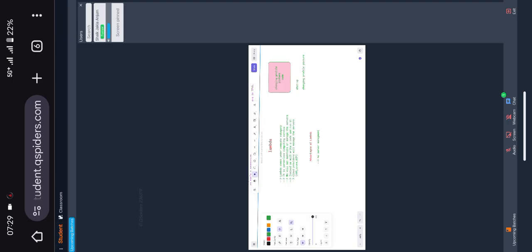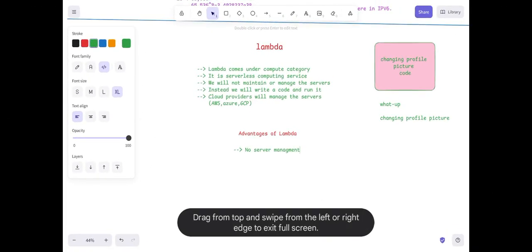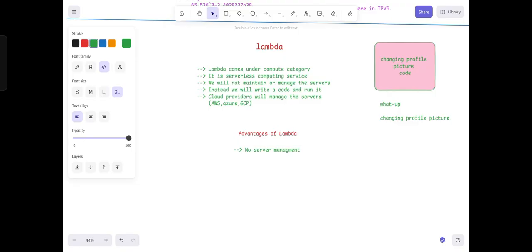Even if you know that the user is trying to access it, you have to go manually and launch the server from which the user is going to access that particular feature. Here the task is done manually, but now we are going to overcome that. We are going to do it automatically by using Lambda.